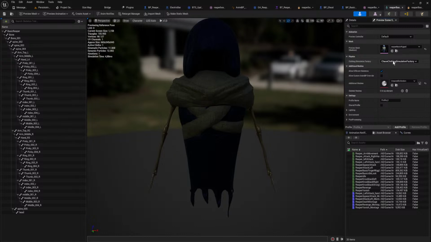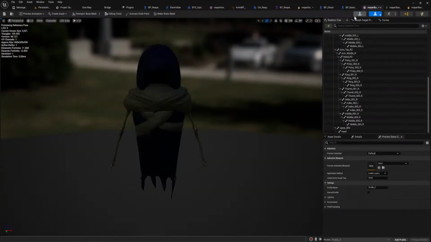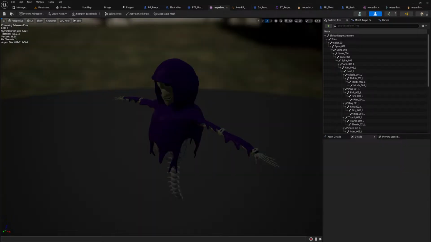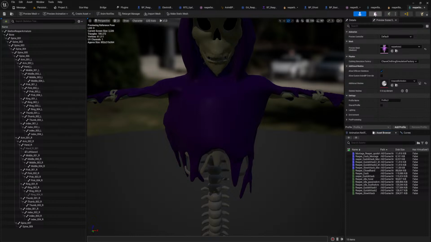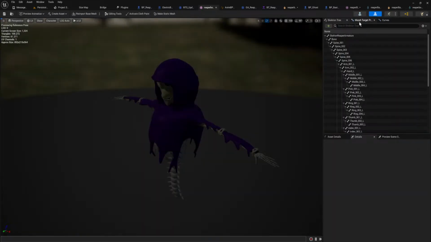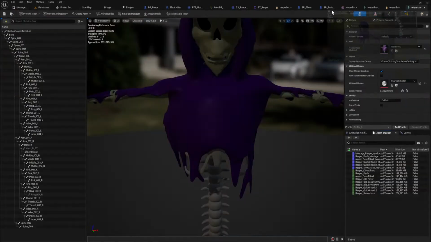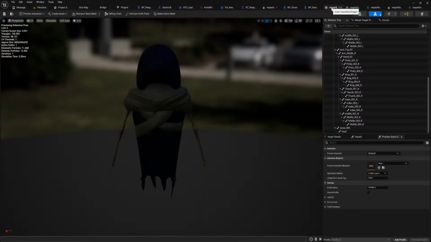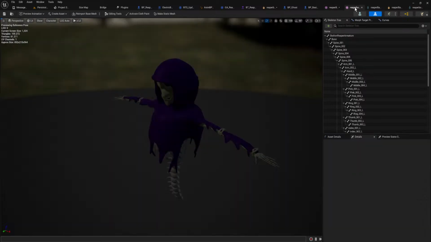Clothing Simulation Factory. Okay, Chaos Clothing Simulation Factory. So it's using that. Is my other mesh, where is it even? Reaper Boss. If I go over here, it's also using that. And then I think you want to go over into here. Let's put these side by side. I can't stay out too late today because I do have some work and some renders to put on still after the stream.